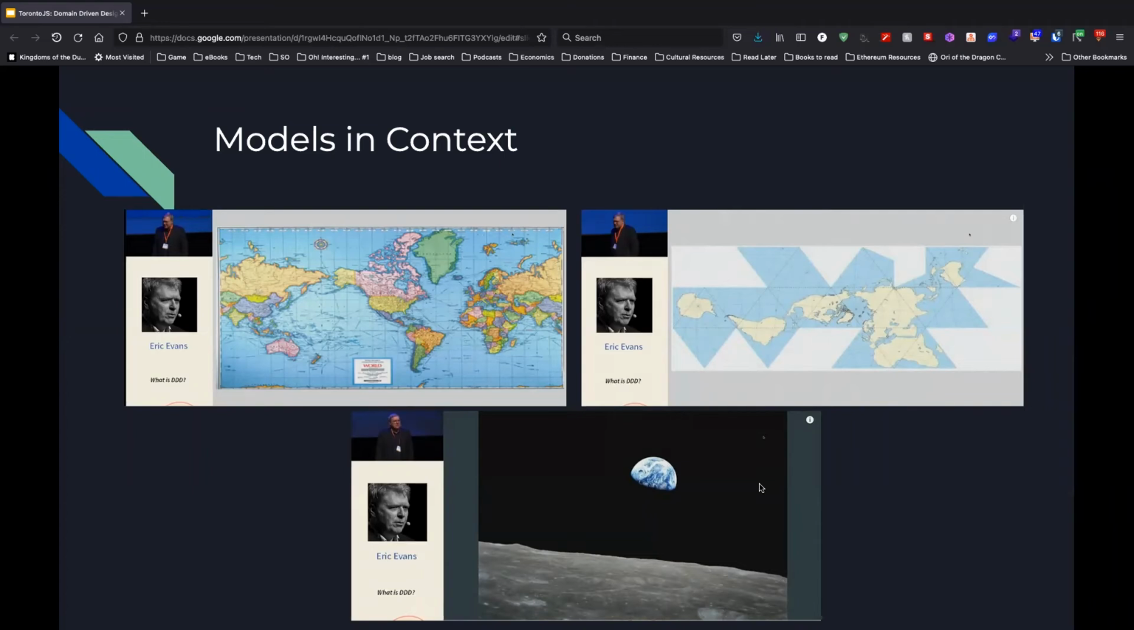Fake news, everyone knows the Earth is flat. Well, it looks 2D, so I guess in a way it is still flat. But yeah,